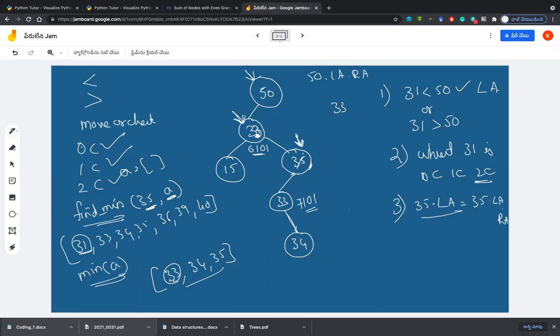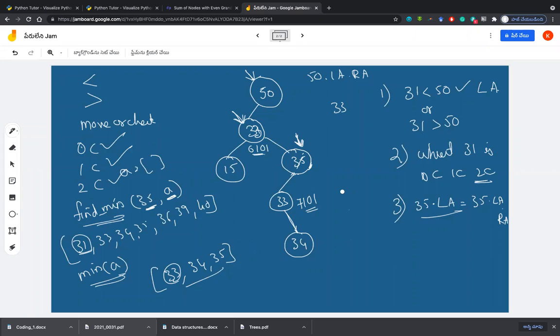So because 33 is already there in some node, I want to delete this duplicate. So I start with 33's right and find out where 33 is there and try to delete it. Delete in 3 ways. If it is 0 children, I will delete it directly. If it is 1 child, I will do it like this. And if it's 2 children, I am doing the same way. I am repeating the same thing. Now, tell me your doubt here in this case.